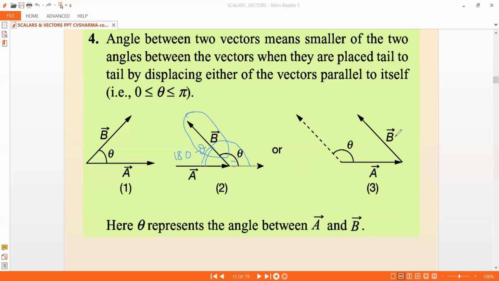Now suppose B bar is here. Instead of sliding A bar, you can construct a vector parallel to B bar here. You can do that. Once again I'm telling, the reason you can draw the parallel vector is that you are maintaining the same direction ratios all the time. So these are the points I wish to tell you in this particular lecture.